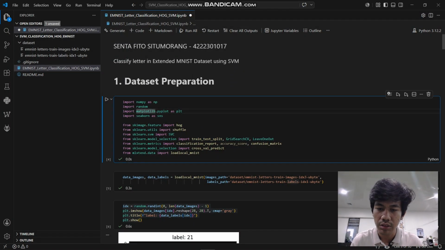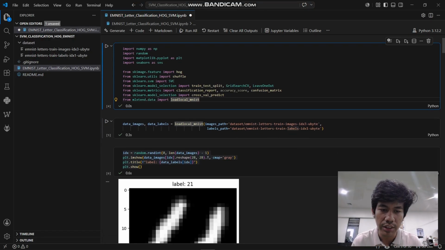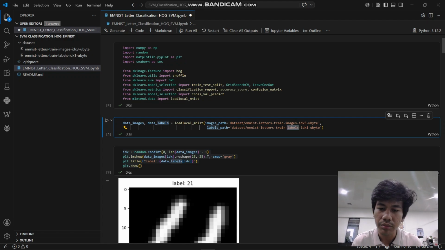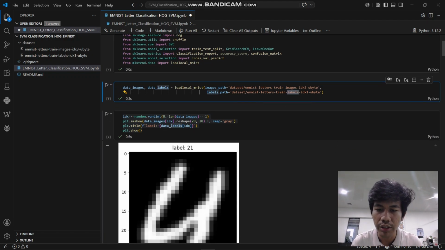The program starts by importing all the packages or libraries that I need for this project, like NumPy, Matplotlib, Seaborn, Scikit-learn, and scikit-image, and so on. And then the next step is to import the dataset, the MNIST letters images and labels, and then visualize a sample of the dataset.